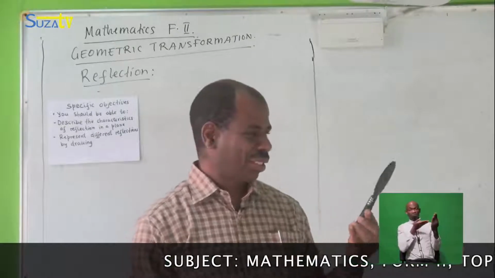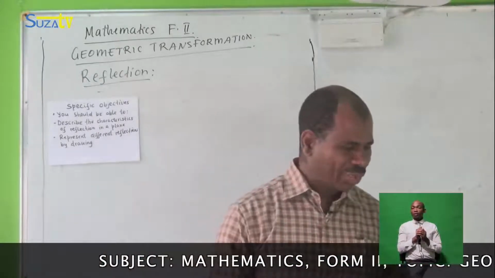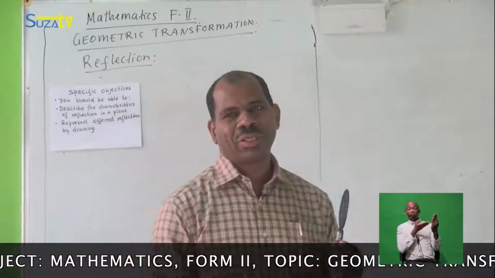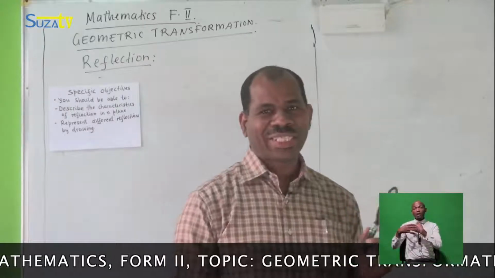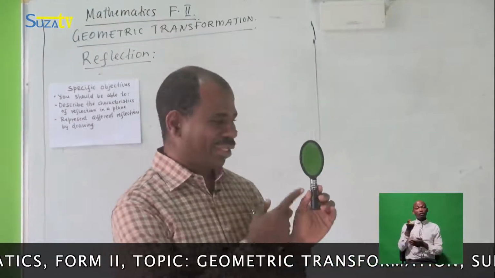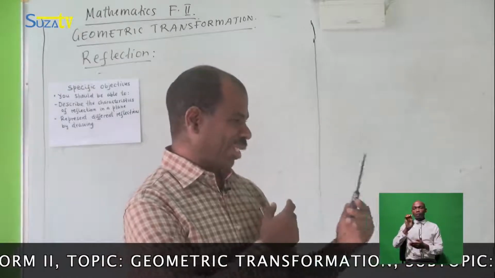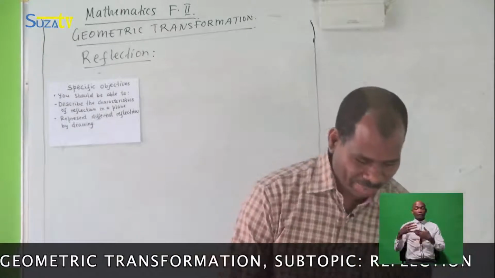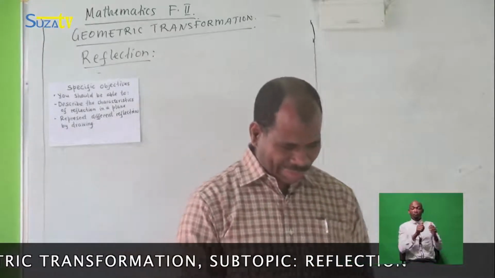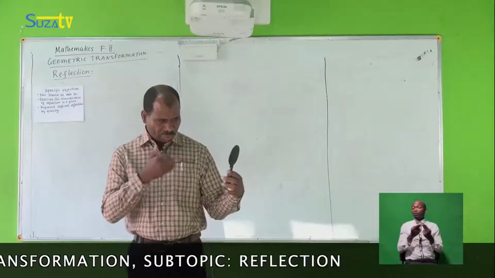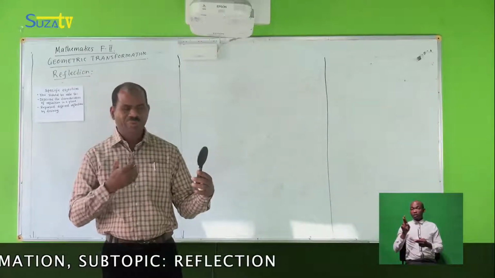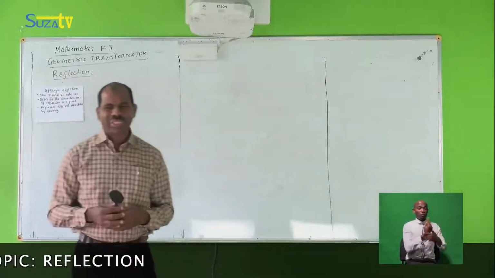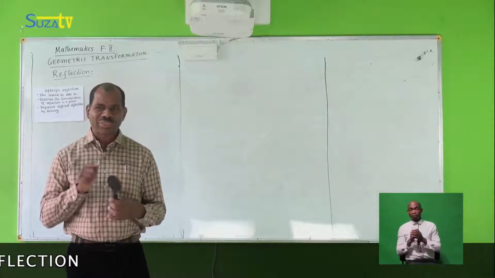You see? So, when you look at yourself in a mirror, you see the image of yourself. This is a reflection. You see the image? Can you practice? So that is the image of yourself. And reflections can move the object from one position to another. Reflection moves a point from one position to another